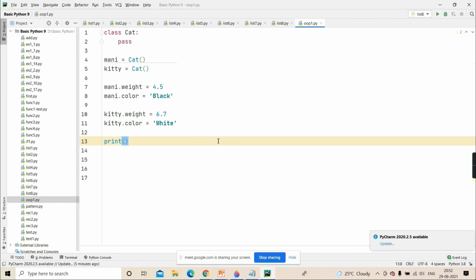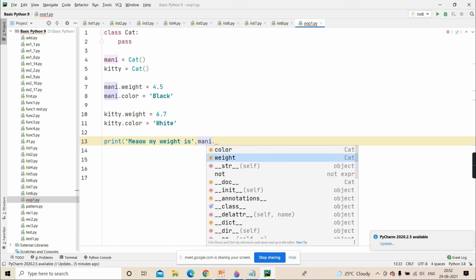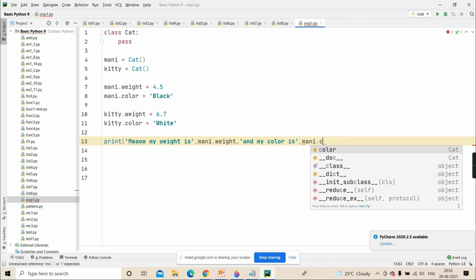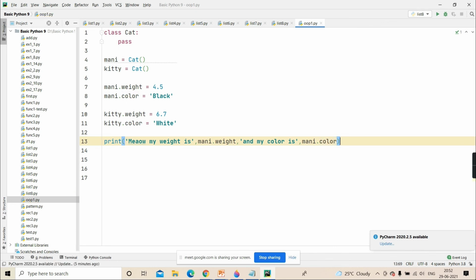Now I'll try to access the properties. I am writing like this: meow, my weight is, comma, money dot weight. Can you see, at runtime it has added that property. And my color is money dot color.